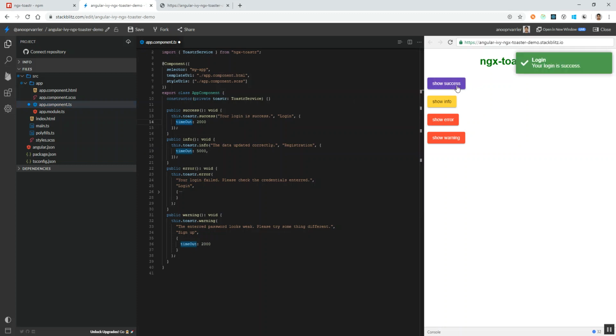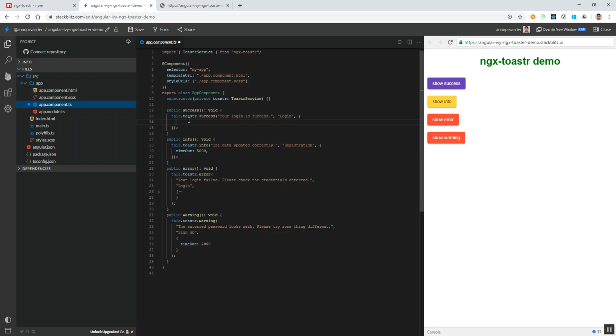So as soon as I click, the message will be displayed only for 2 seconds. If I remove this, then the message will be displayed for 5 seconds. After that, it gets closed. So here, it is getting closed only after 5 seconds since we removed that.